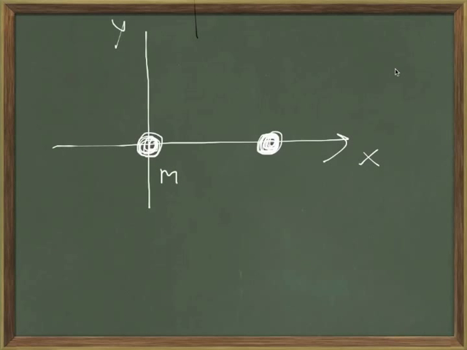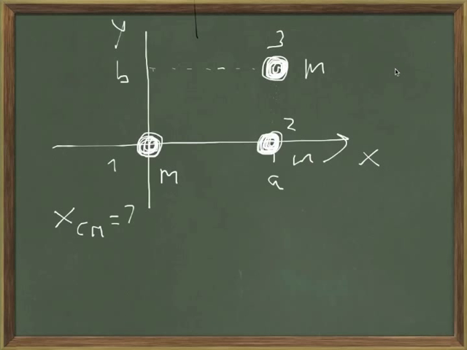Three masses, two located on the x-axis. So the idea is to compute the location of the center of mass in the x direction and the location of the center of mass in the y direction. So in the x direction, we proceed according to the definition, right? So we have the mass of the first one, which is m, they're all m, times its position,